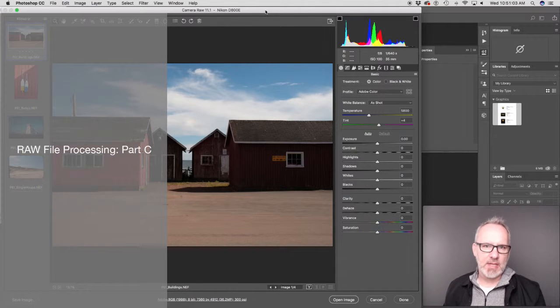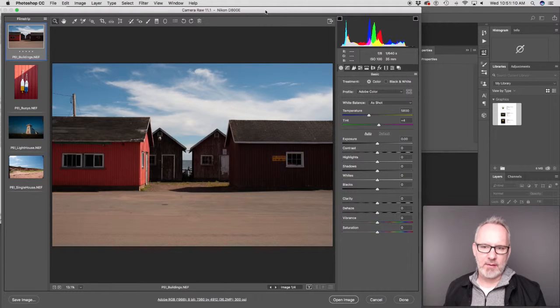So let's look at processing some other raw files. Just to reiterate, I have shot all of these images in raw format, and this once again allows me to take advantage of all of the data that's embedded within the raw file, as opposed to shooting in a JPEG or a TIFF. So I have 4 images here, and they're all exterior images taken on a holiday, and we're going to process